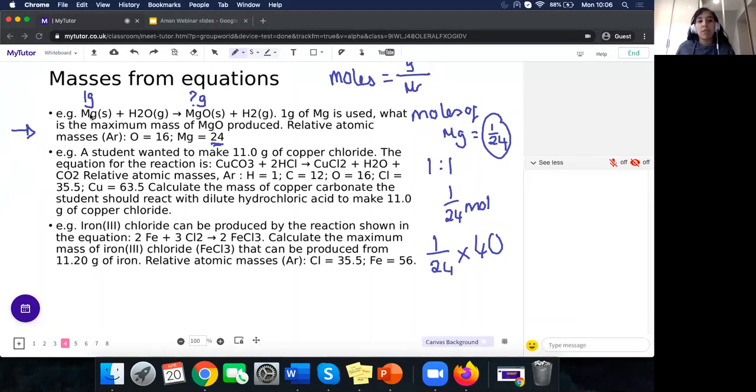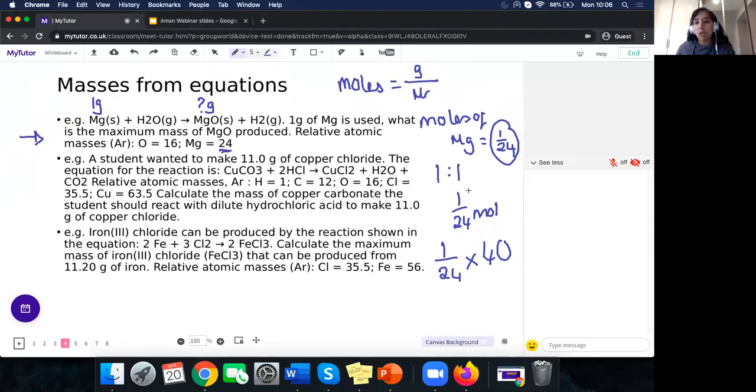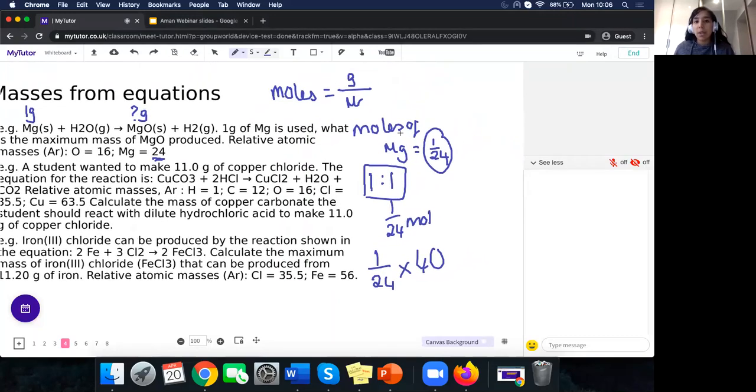If, for example, I'm going to show you an equation in just a second where you would get 4 marks, this one would be 3. The reason for that is that the ratio is 1 to 1. If the ratio is something like 1 to 2 or 1 to 3, that means we have to change the number of moles. So just to go over that a little bit more slowly,